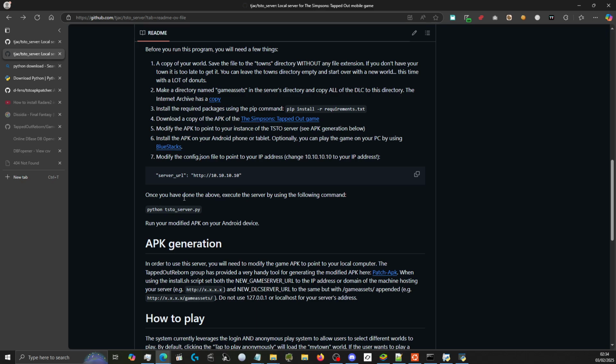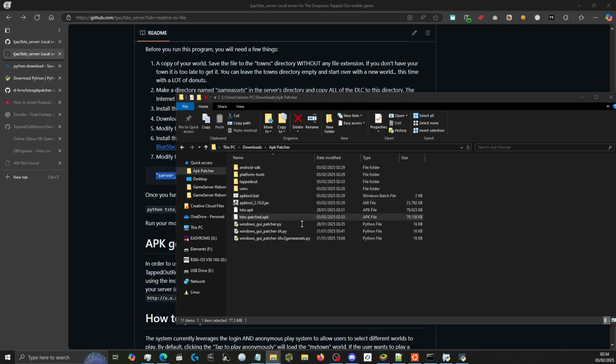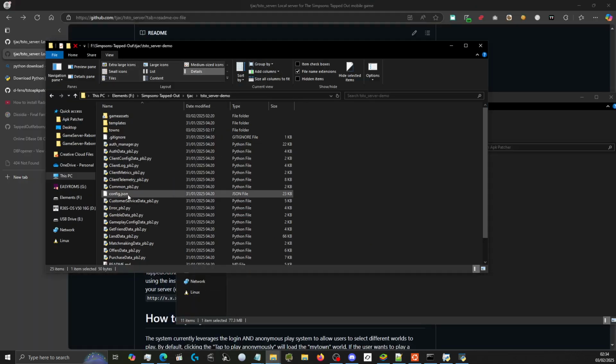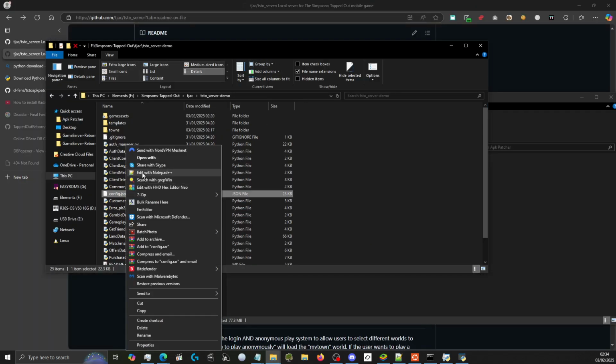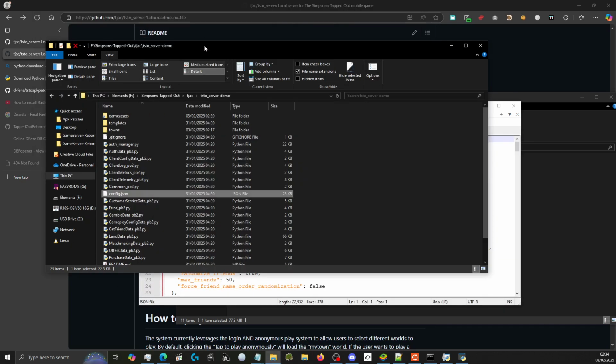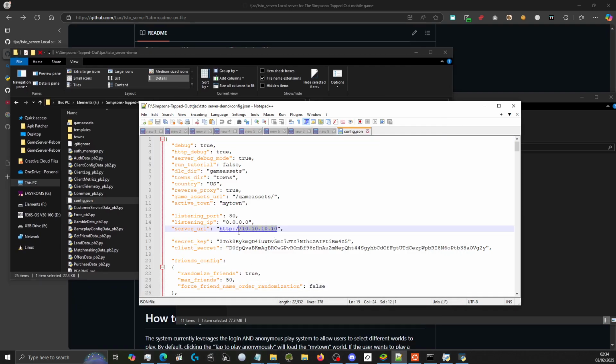So now the final step is to basically run the server, and that's that here. Sorry, one more step I forgot actually. There is actually the 7th step, which is to basically edit the config file. So if I go back to the, let me just find the server. There is a config.json file, and you basically edit it. So it's here, and I want to basically edit that to my IP address, which is this line 15. So if I just do that now,